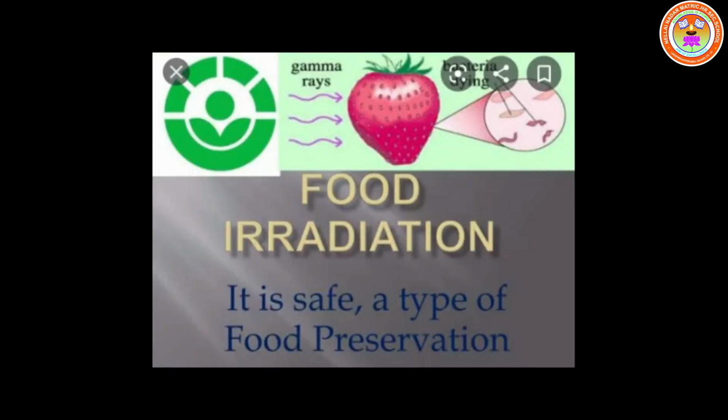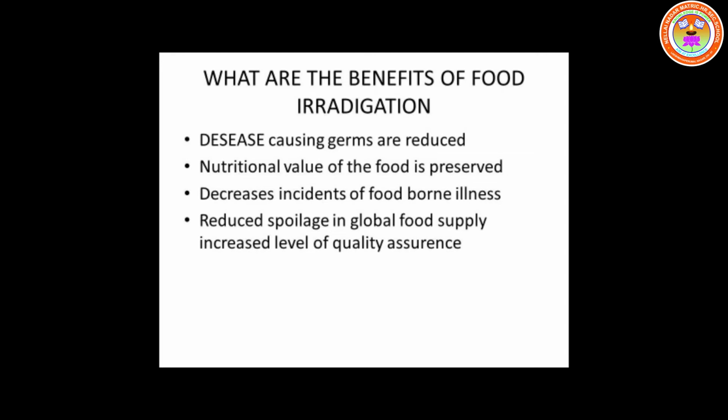Irradiation. Food irradiation is a technology that improves the safety and extends the shelf life of food by reducing or eliminating microorganisms and insects. Like pasteurizing milk and canning fruits and vegetables, irradiation can make food safer for the consumer. What are the benefits of food irradiation? Disease causing germs are reduced, nutritional value of the food is preserved,